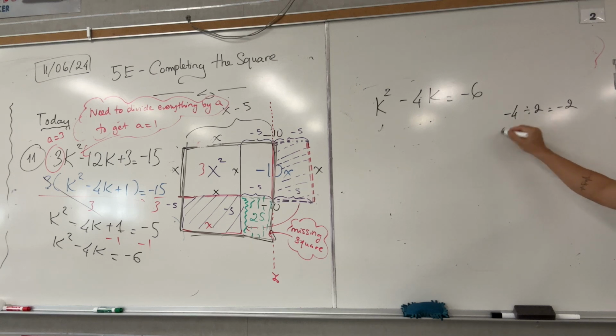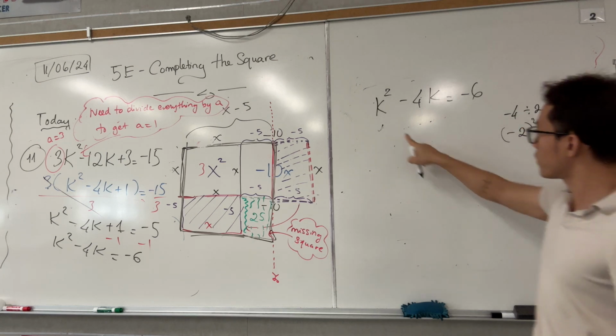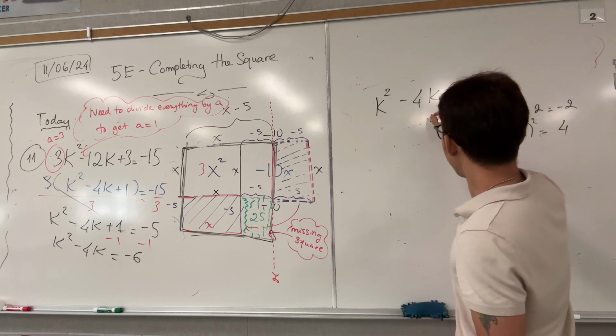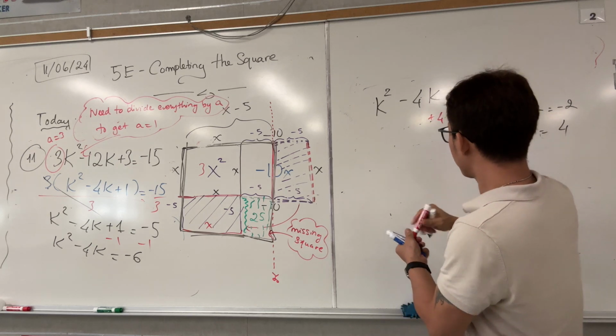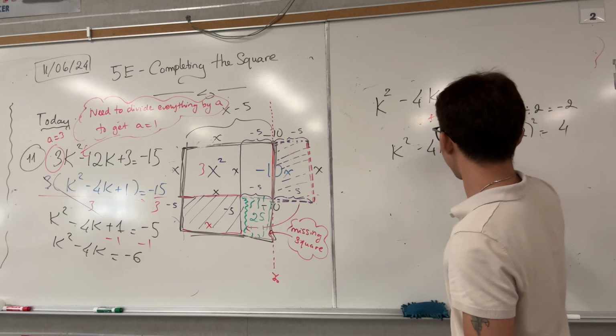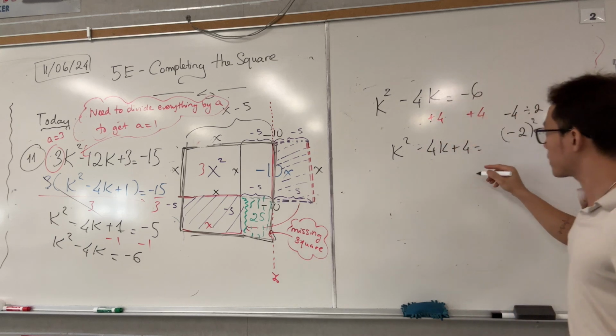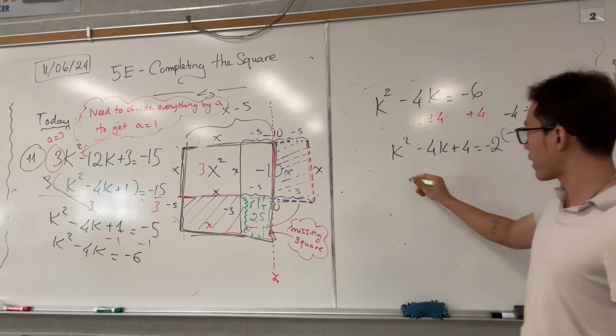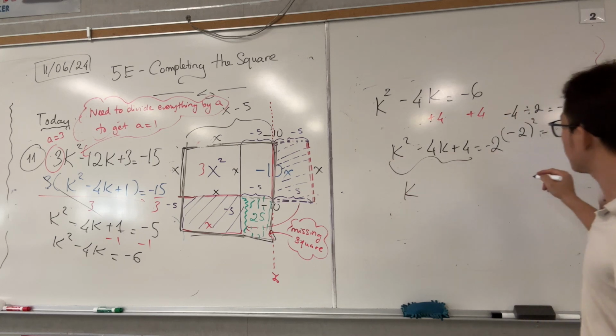And then what are you gonna do with this? You square it, you have 4. So what are you gonna do with 4? Add it to both sides. Add 4 to both sides. Very good. So k squared minus 4k plus 4. What is negative 6 plus 4? Negative 2. Alright, so this whole thing becomes